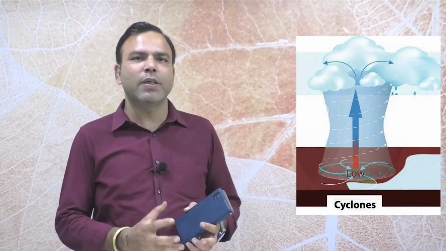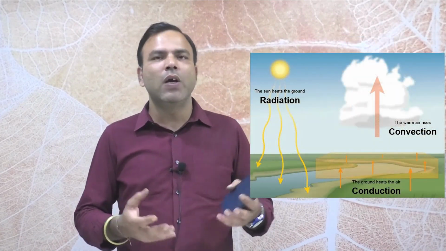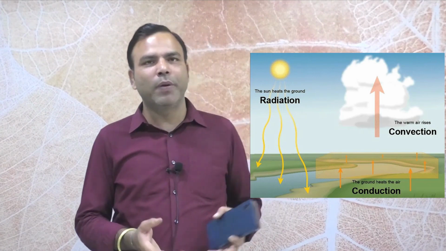So now how these cyclonic winds actually developed. There are three reasons for cyclonic wind development. One is the convectional heating. Whenever strong heating happens over a landmass, what happens? Air gets warmed up and rises upward, creating a low pressure area,